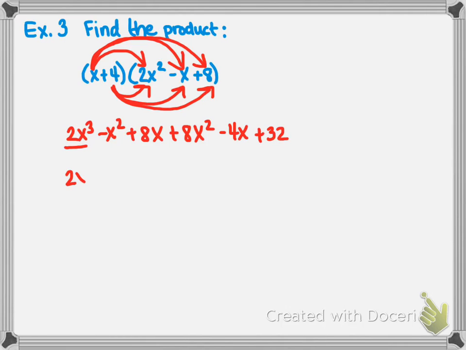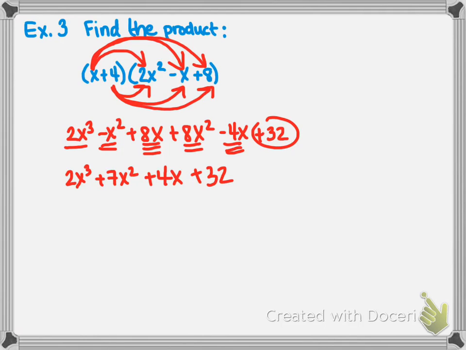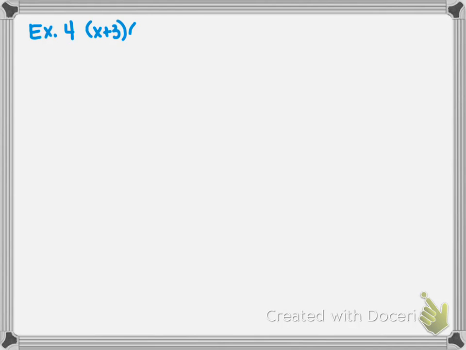Only have one cubic term, so 2x cubed. I have two quadratic terms, negative x squared plus 8x squared is 7x squared. I have two linear terms, 8x plus negative 4x is positive 4x. And then my constant plus 32. So my product is 2x cubed plus 7x squared plus 4x plus 32. So sometimes when we're finding the product, we have more than two polynomials. So if we're asked to multiply three terms, or three polynomials, such as x plus 3 times x minus 8